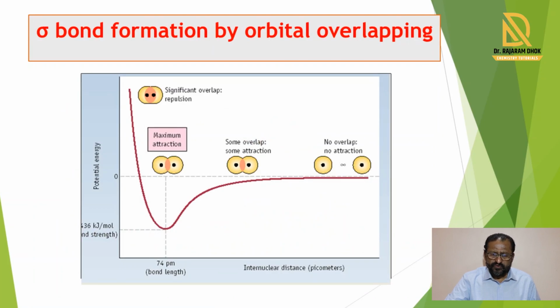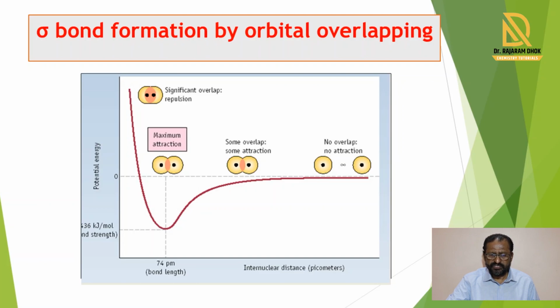Here we have seen another diagram. In that we can see the formation of a sigma bond by overlapping of atomic orbitals. In this diagram a peak is shown at the lower side, and here the peak is at the upper side. On the right side the peak is straight. This example is taken by considering hydrogen atoms.